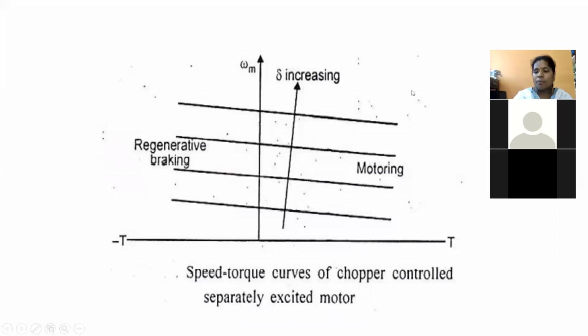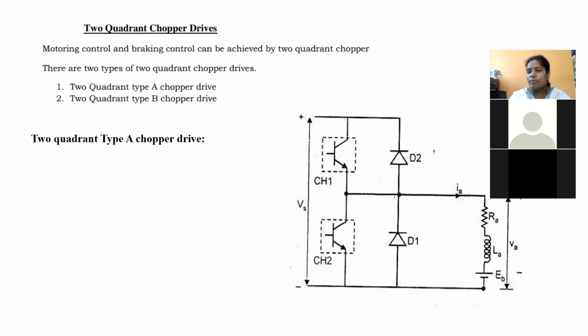Now we are moving to the next chopper. Actually we have three types of choppers. Single quadrant chopper, that is first quadrant and second quadrant chopper. So single quadrant chopper is completed. Second one is the two quadrant chopper. That means in these drives, our chopper is going to operate in two quadrants, that is first and second quadrants, otherwise first and fourth quadrants. That means any two quadrants our chopper is going to operate. That is our second case. And third one is the four quadrant chopper. That means our corresponding chopper is going to operate in all four quadrants.